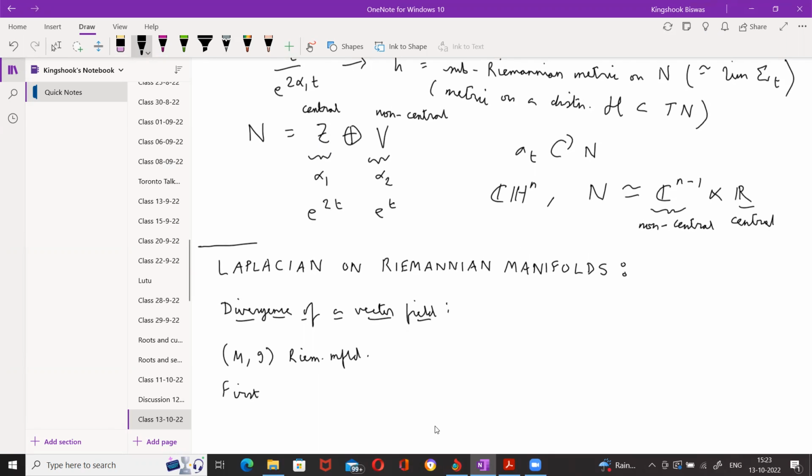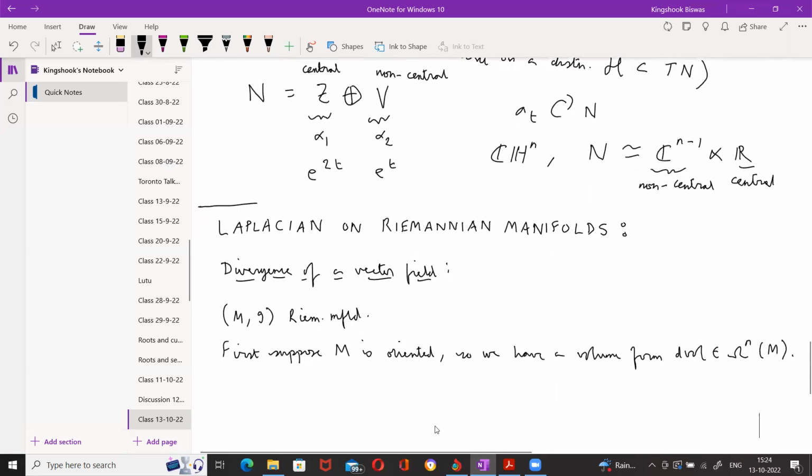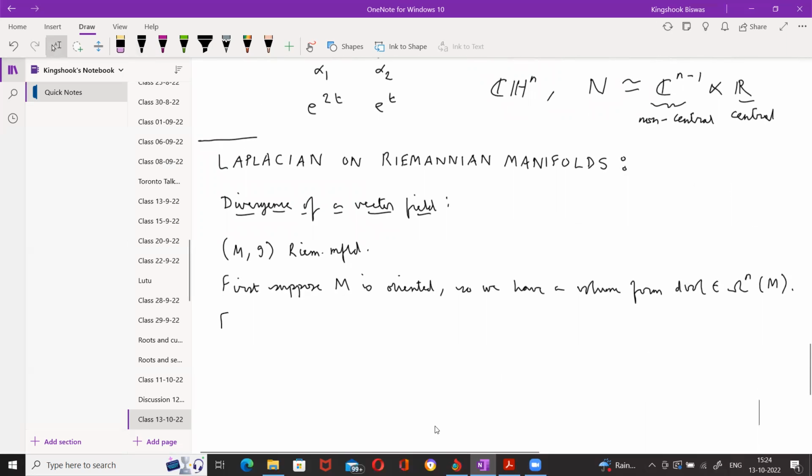Then we know that we have a volume form, dvol, which is an n-form on M. Then we can define, for a vector field X on M,